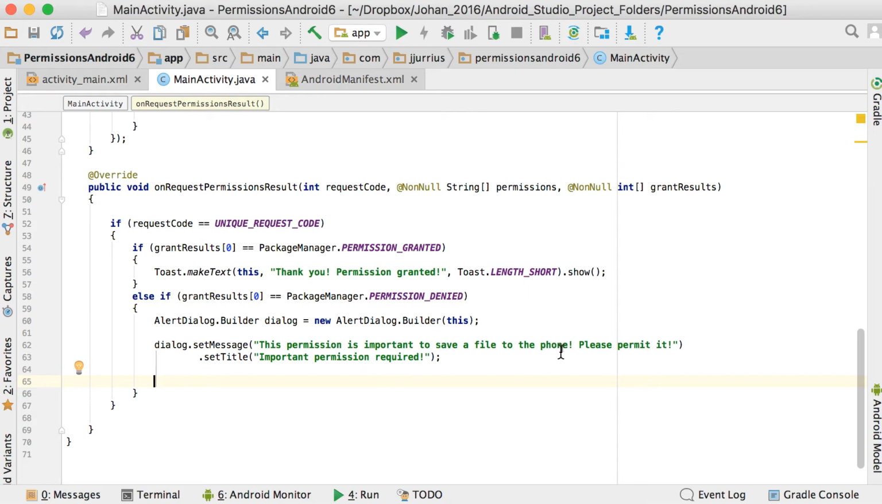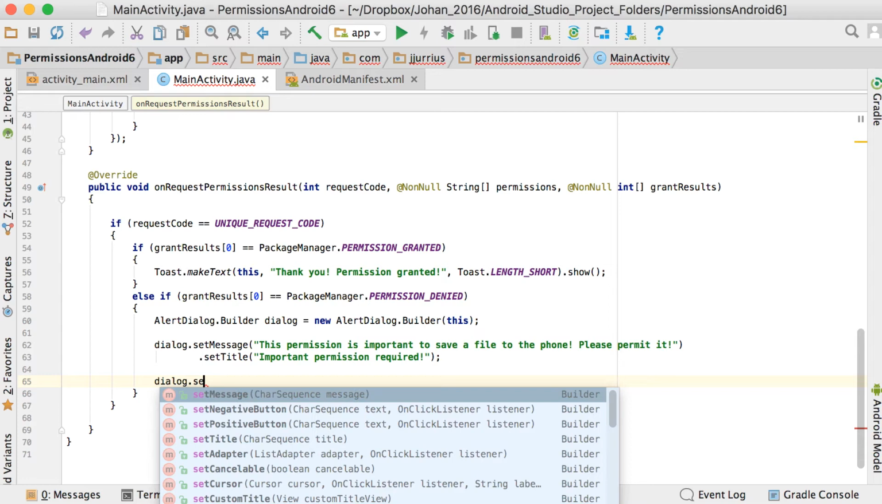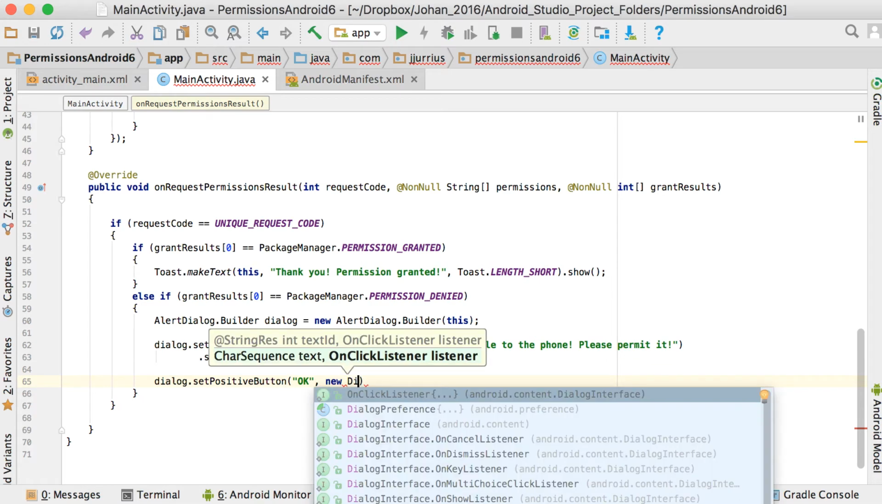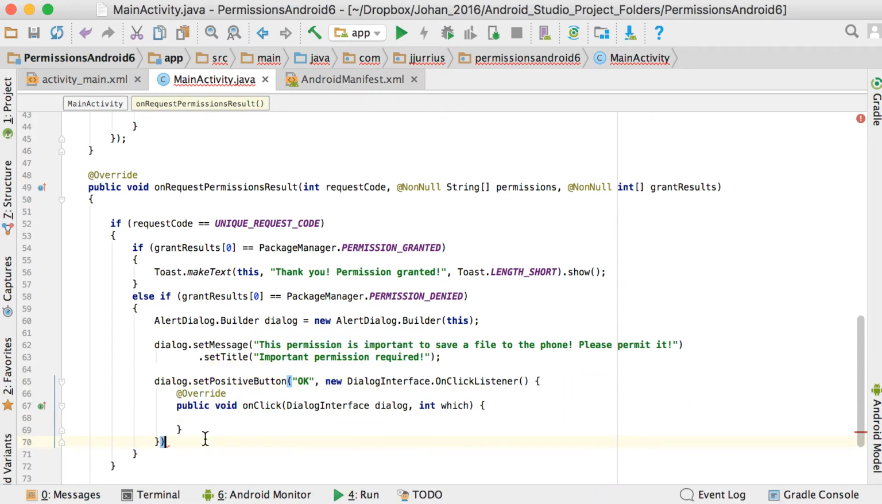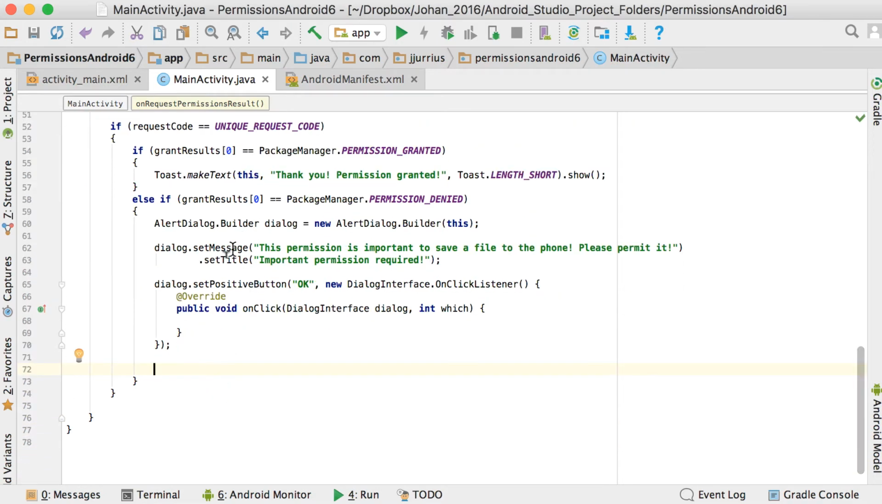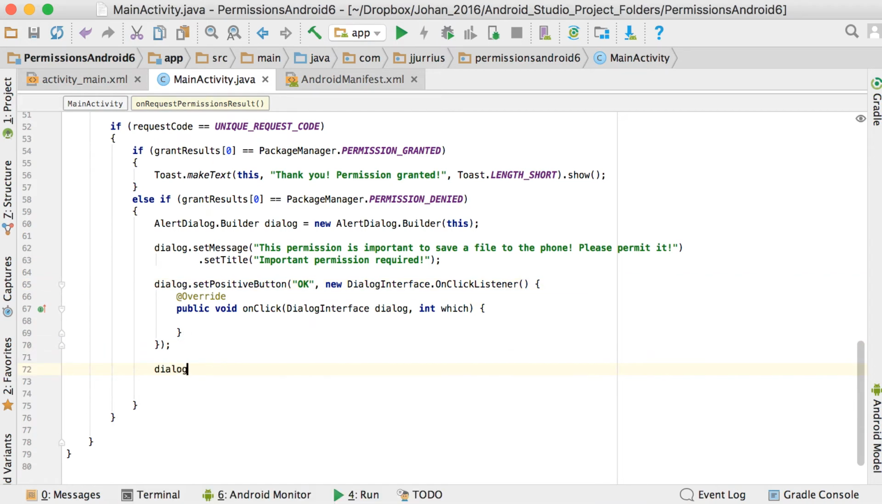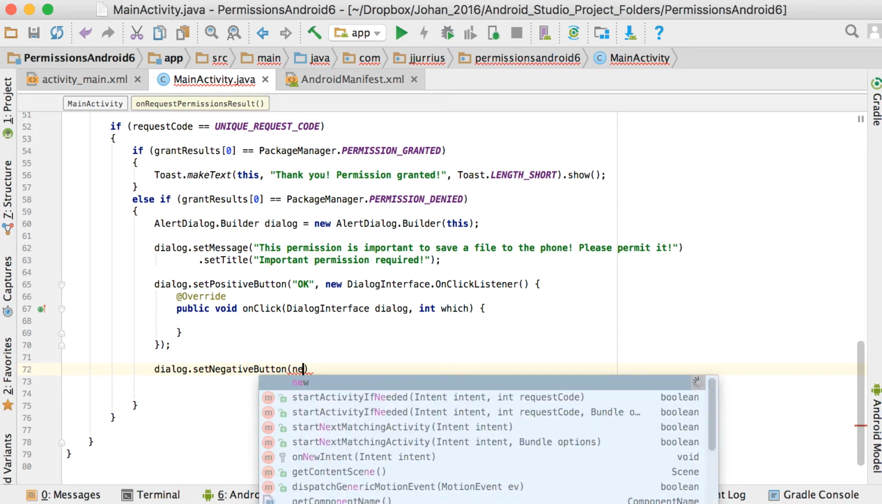This permission is important to save a file to the phone. You can have a bit longer type of message there to explain why he needs to have this feature on the phone or for your app or whatever. And then for this dialog, we'll have a setPositiveButton. We'll have a positive button there, and maybe the text for the button should be okay. And then we'll use the new DialogInterface.OnClickListener. Okay, so this is basically a button that's part of the dialog, and the positive button will have the text okay, and then we also need a negative button, so we're going to say dialog.setNegativeButton, new